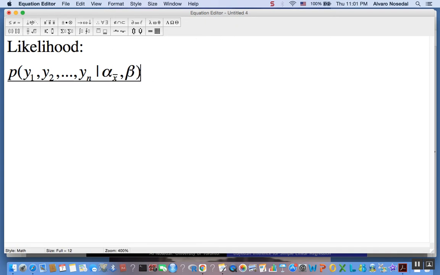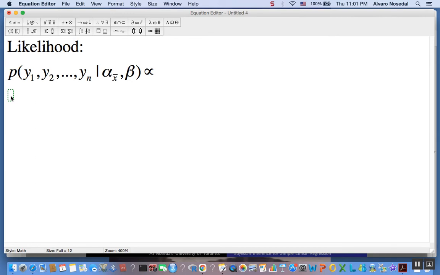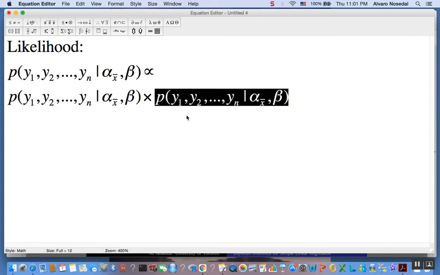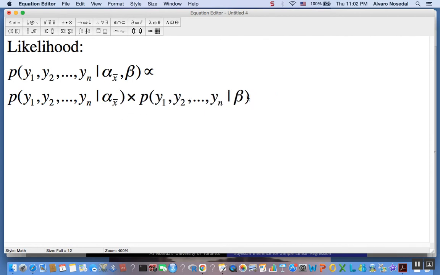So that guy, what we said is we did a lot of algebra to show that this is proportional to the product of two independent likelihoods, right? We spent a good amount of time to show that, but it's going to be worthwhile in the end. You'll see. Okay,